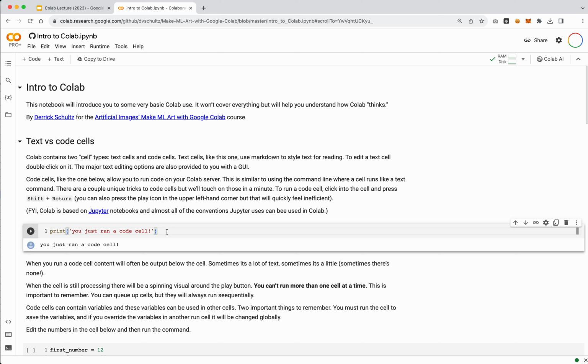So to run a cell, there are two ways to run a cell. Either click inside the cell and hit shift return, or the play button. Now, I will likely just start hitting shift return because that's just how I'm used to running it. So at any point, if you're like, wait, did he run that cell or not? Hopefully I'll try to remember to hit play. But usually I will do shift return.